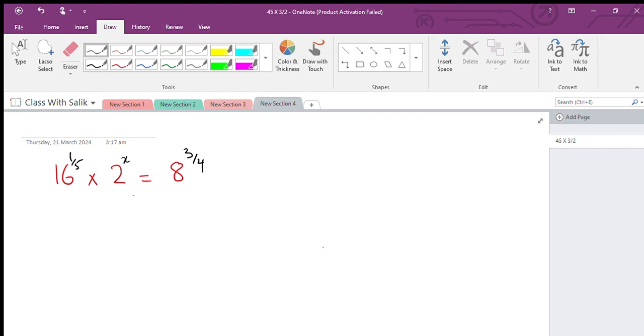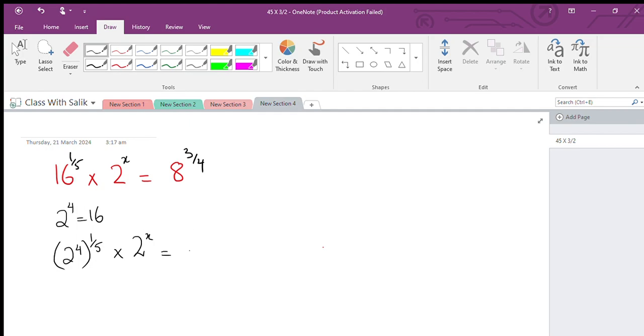Basically, we have to make the same bases. How can we make the same bases? So in the first step, we can see that we have 16 power 1 over 5. Let's say you have 2 raised to power 4. 2 raised to power 4 is basically 16. So I think I can write this down as 2 raised to power 4. ये 16 हो जाएगा और इसके बाद we will write 1 over 5 into 2 raised to power x equals